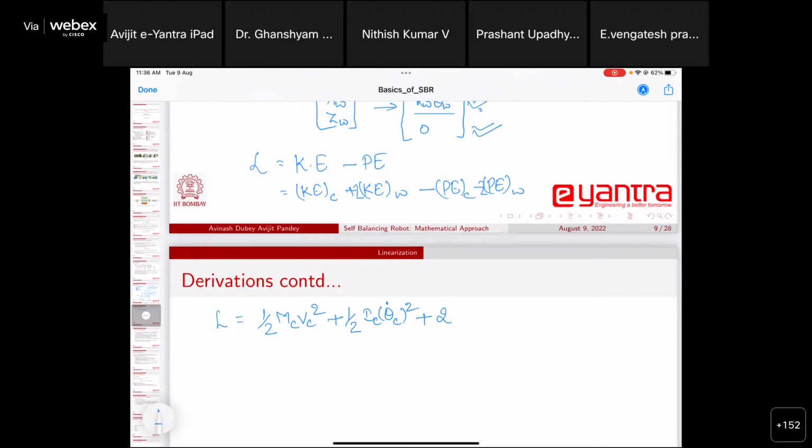Now 2 times half mass of wheel into velocity of wheel square. So basically this will get cancelled out, plus half 2 times I omega square for wheel. Correct? Now if I talk about the potential energy of the wheel, since the z component is not changing, and we take the reference line as the line joining the centers of the two wheels, the potential energy of the wheel becomes 0. So we are only left with, sorry,